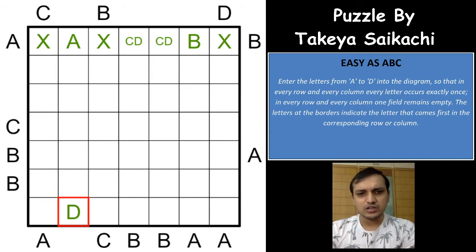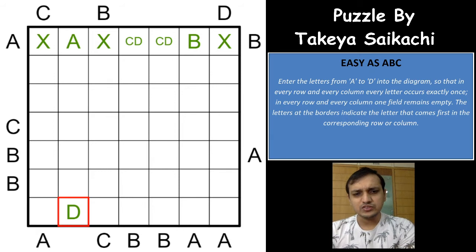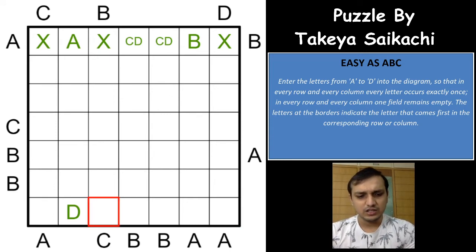And again, if you see here, there has to be a C in this row. It cannot be here, because then it has to be a C seen in the first direction from that side, which means this has to be a C, right? Easy one. So we have done till this one.